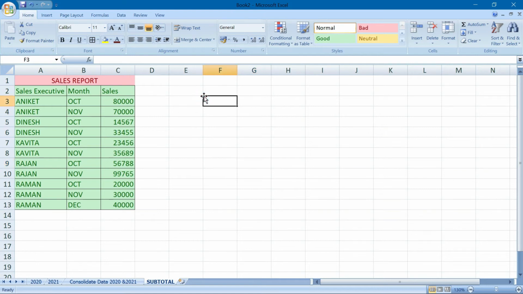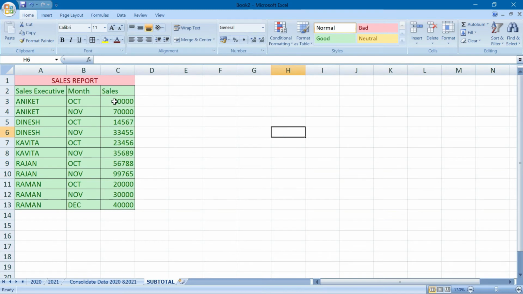Now what do we want to do? We have to do the subtotal. We have opened the worksheet containing the sales data, or we entered and created the data just now, and I am explaining the steps to you. Select the desired range of cells that you want to use to calculate the subtotal, choose the Data tab, and then select the Subtotal command. Here is how the subtotal dialog box will appear.